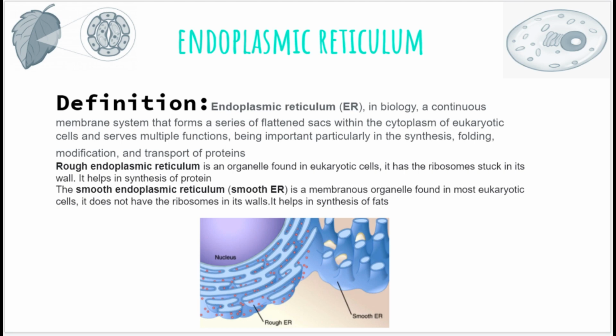The presence of ribosome in their structure helps the synthesis of protein. The smooth endoplasmic reticulum is responsible for synthesis of fats. Thus, both the two types of endoplasmic reticulum are performing their own function and providing us huge amount of protein